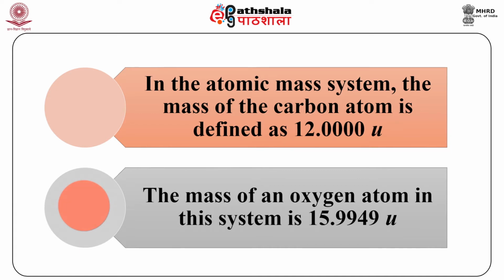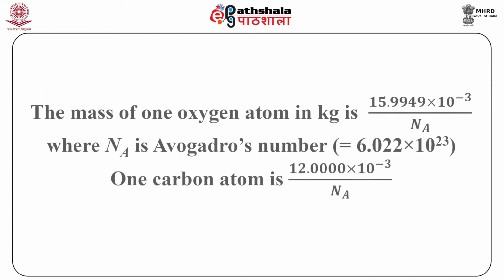This is the mass in gram of an Avogadro's number of oxygen atoms, so that the mass of one oxygen atom in kg, because this was in gram, you have to multiply by 10 raised power of minus 3 to get in kg, and since it is the mass of an Avogadro number of oxygen atoms, you have to divide by the Avogadro number, which is equal to 6.022 into 10 raised power of 23 per mole. And that of one carbon is similarly 12 into 10 raised power of minus 3 divided by the Avogadro number Na.